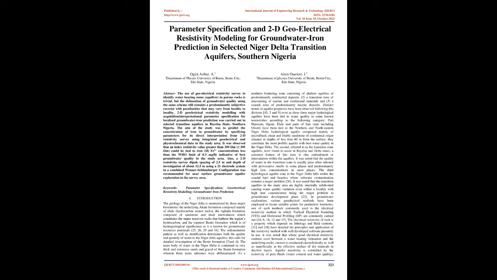but the delineation of groundwater quality using the same scheme still remains a predominantly subjective exercise with peculiarities that may vary from locality to locality. 2D geoelectrical resistivity modeling with acquisition/interpretational parameter specification for localized groundwater-iron prediction was carried out in selected transition aquifers in